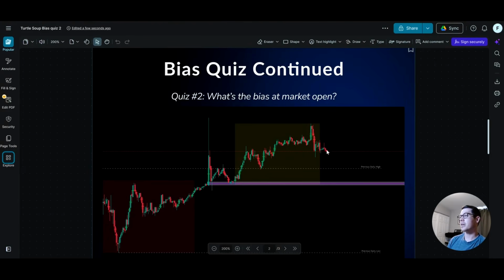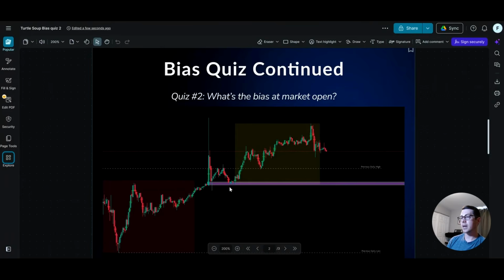I definitely wouldn't do anything right away because I'm really not sure. So those of you that said wait, I think that's probably what I would do. But I would expect one of two things. I would either look for a sweep of this time-based liquidity above this Asia high, overnight, intermediate session high as well, and then maybe a reversal, or I could potentially look for a bounce off this